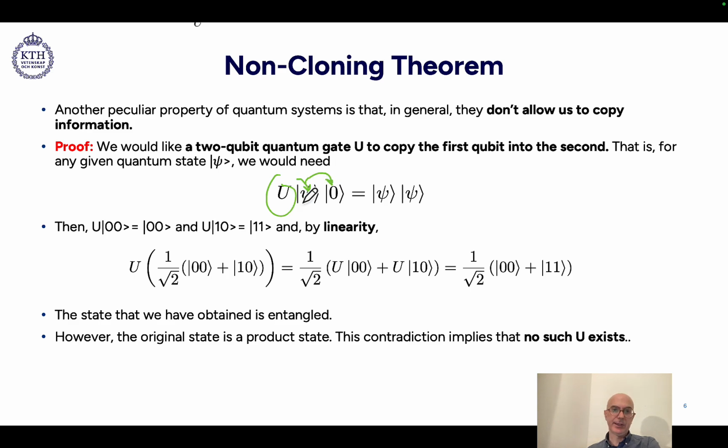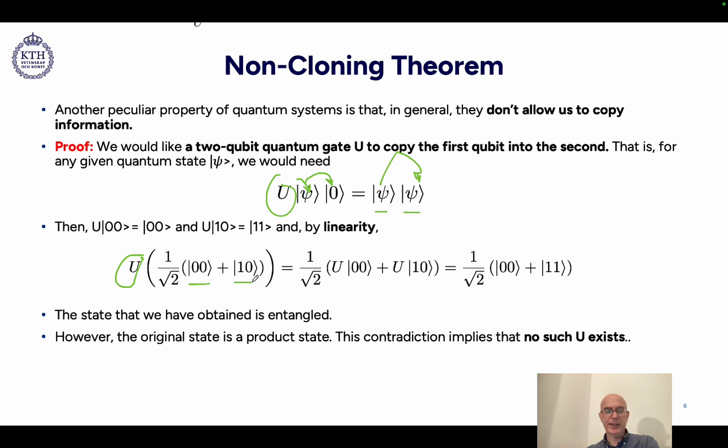So if this is the generic state, these quantum gates copy the values of the first qubit into the second one. So this will also copy the first one into the second qubit, and the result will be psi. If this exists, and if you apply this U gate that is capable of copying to this separable state or product state,